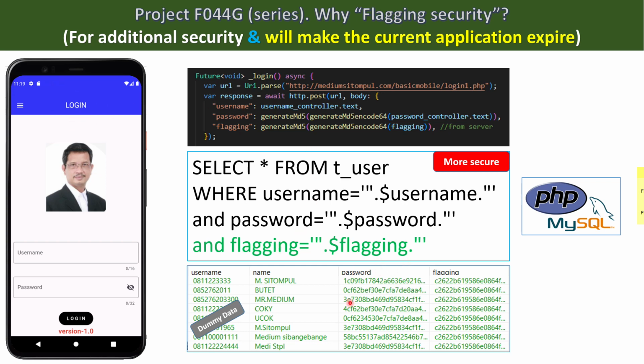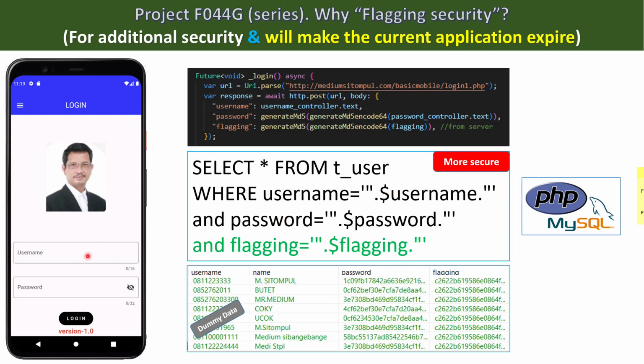This is the encrypted username, and this is the encrypted flagging. Without this flagging, the background process would just have two parameters, username and password.